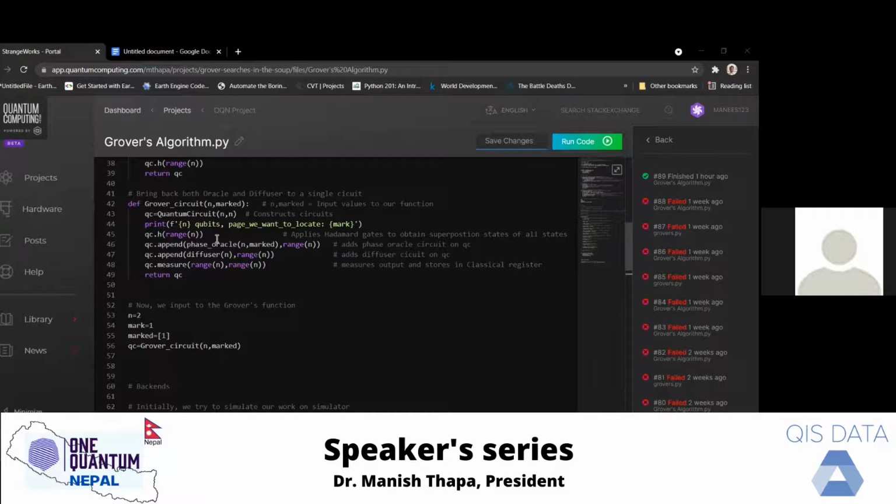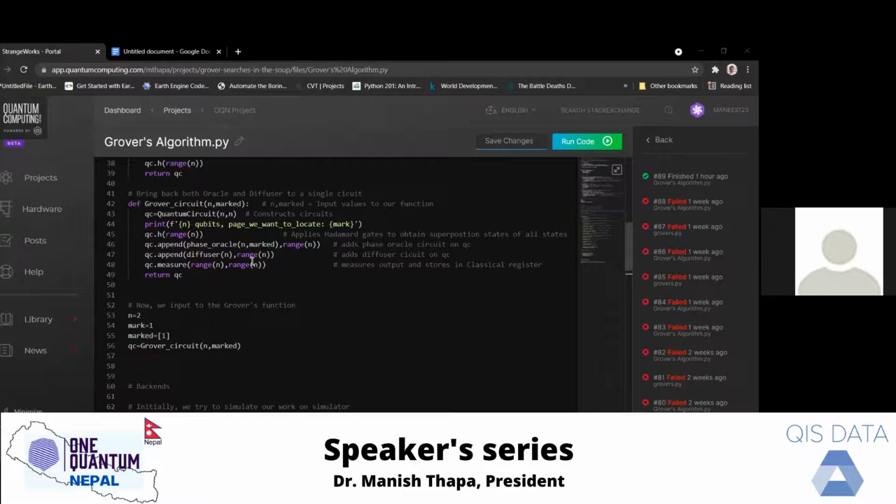If we have 4 states, applying the Hadamard gate maintains a 25% probability for each state. After that we apply our phase oracle operator, then add the diffuser operator, and finally we measure it.